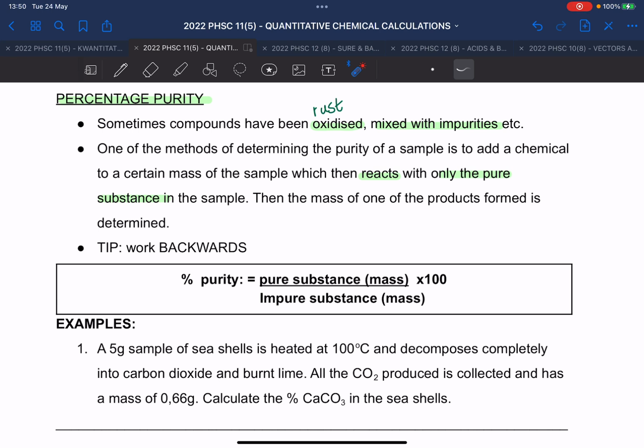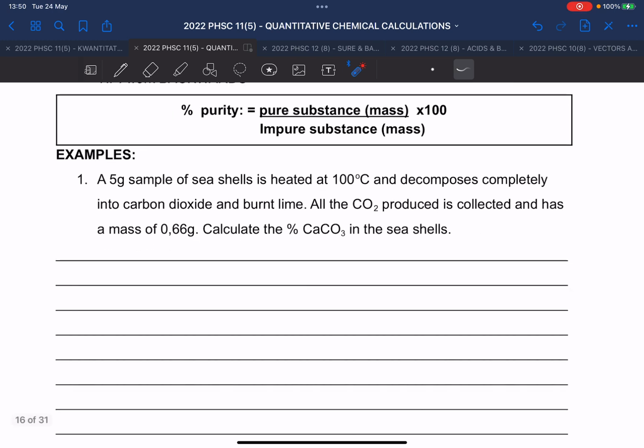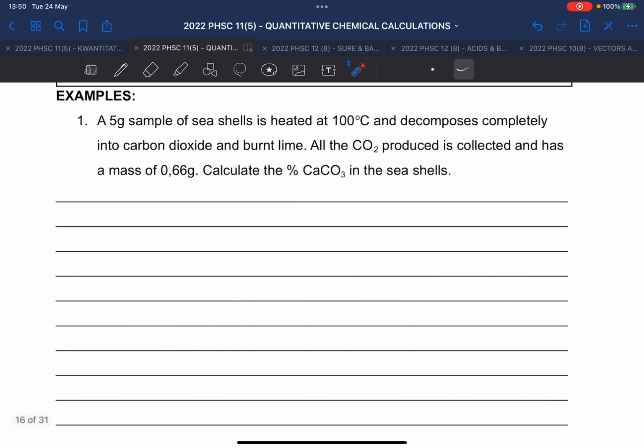What do we have in there? Percentage purity is the pure substance over the impure substance, or the small value over the bigger value, times 100. Okay, now they say there, the first example. A 5-gram sample of seashells is heated at 100 degrees Celsius and decomposes completely into carbon dioxide and burnt lime. All the carbon dioxide produced is collected and has a mass of